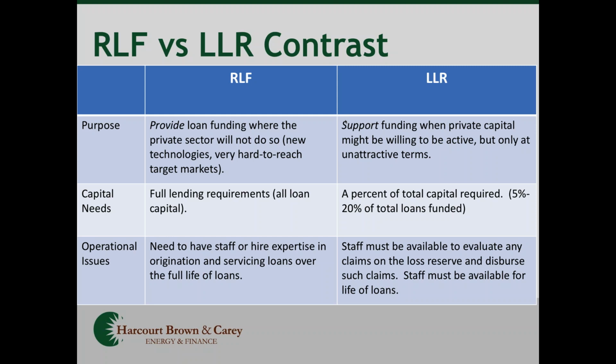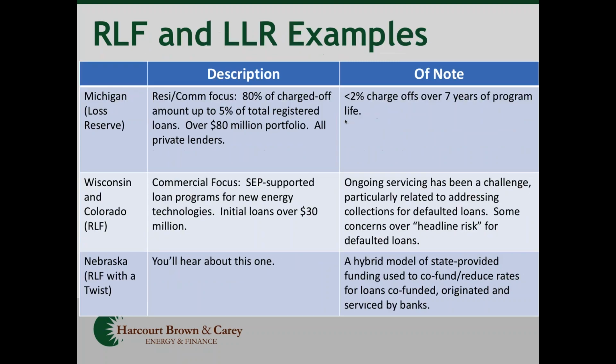That's more of a one-time kind of thing, so you don't actually need to have that operational staff in place. Giving you a couple of examples, I mentioned Michigan. There's a loss reserve program, essentially paying 80% of the charged-off amount up to 5% of the total registered portfolio of loans. So, think of it: if you have a $10,000 loan that's amortized down to $6,000 and it gets to a charge-off state, there would be $4,800 that would be paid to the credit union in this case,